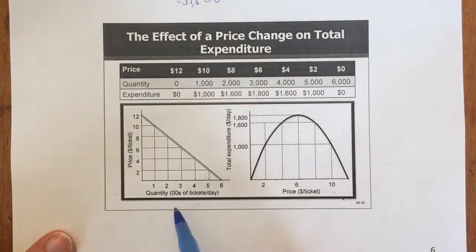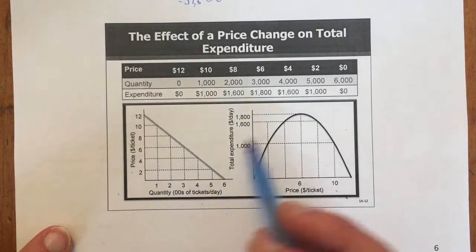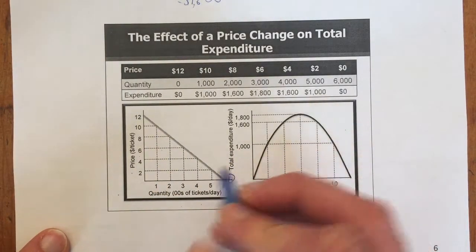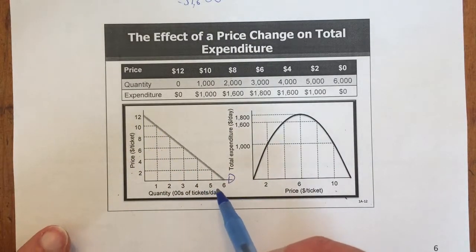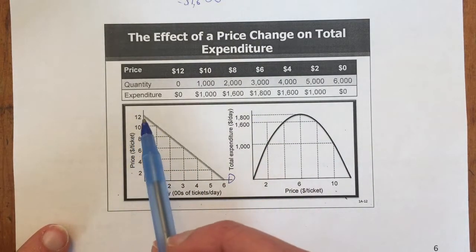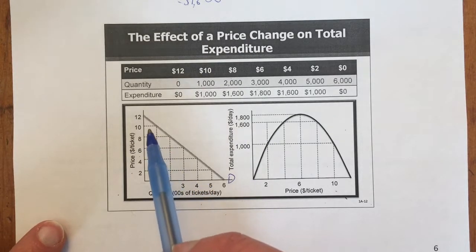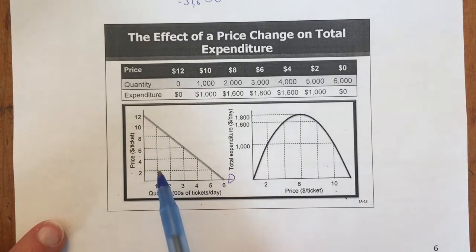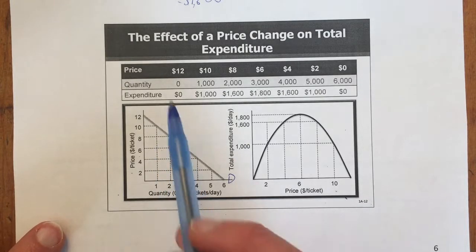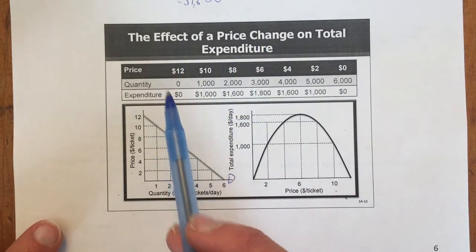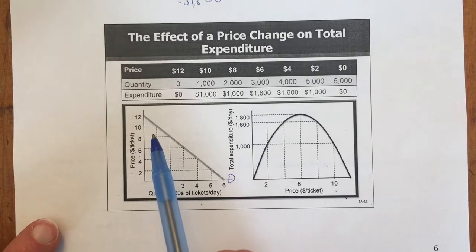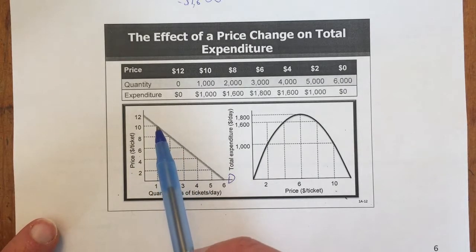So here, we're still talking about our example of the price of movie tickets. And we have our demand curve represented as this downward sloping line. And at each point along this curve, we would even be able to calculate the elasticity at each point. However, right now, we're just going to look at what happens to total expenditure at each